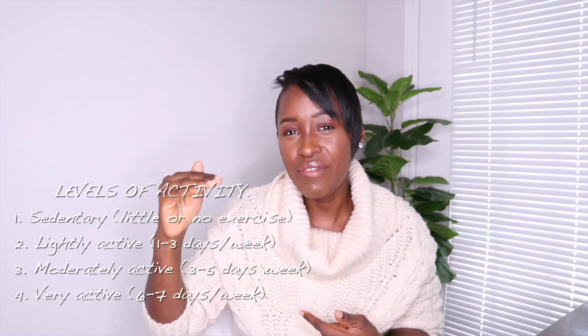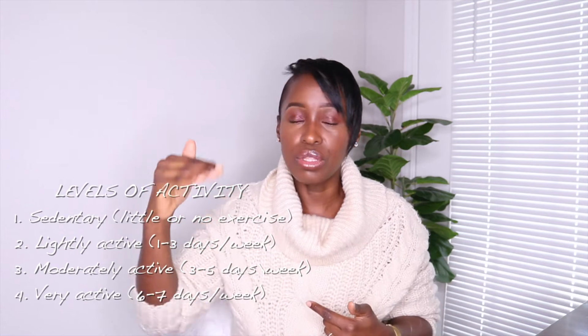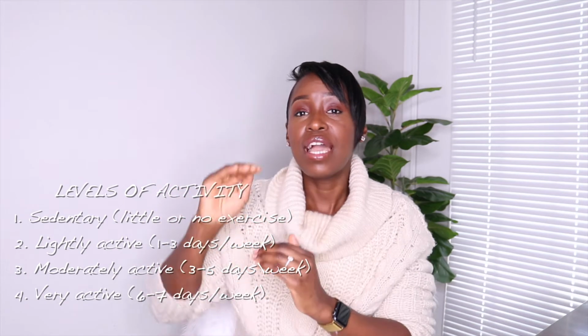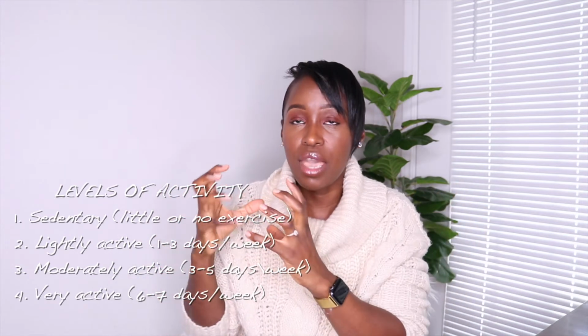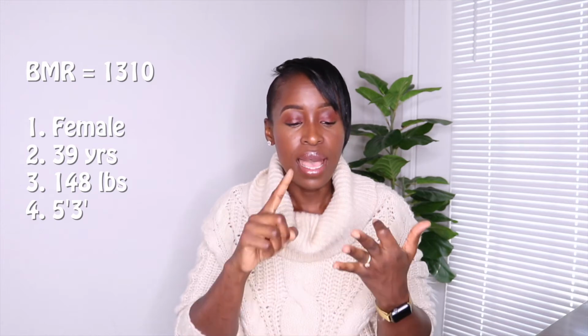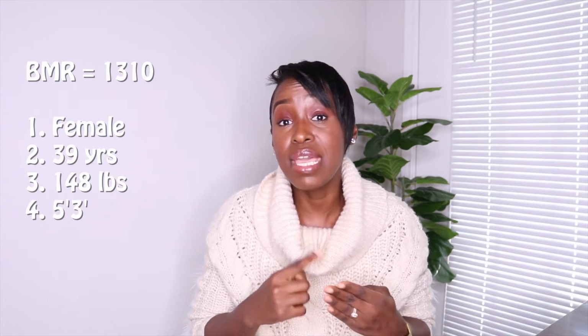Now, when you go to that link that I talked about to calculate your BMR, it's going to show you there are different levels of activity. Based on those levels, identify where you stand and then see how many calories are added onto your BMR for you to be able to support that activity. So once again, using myself as an example, female, 39 years old, I weigh 148 pounds, I am 5'3", my BMR is